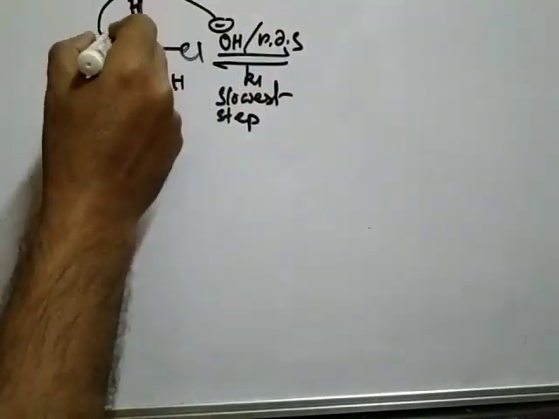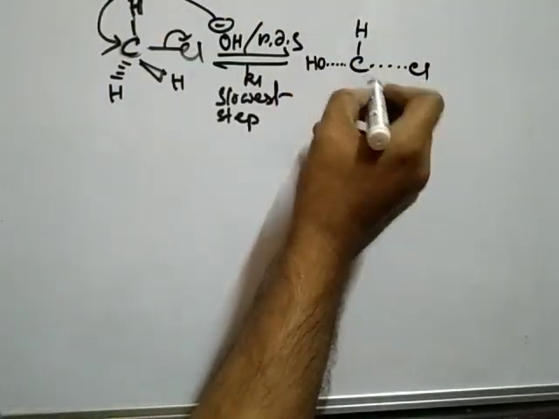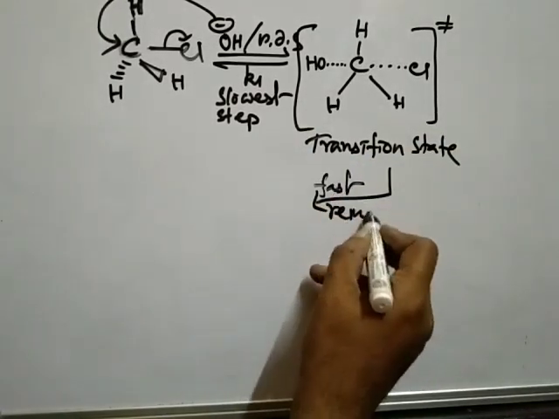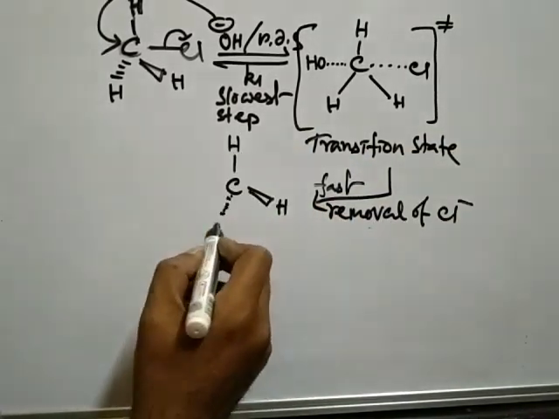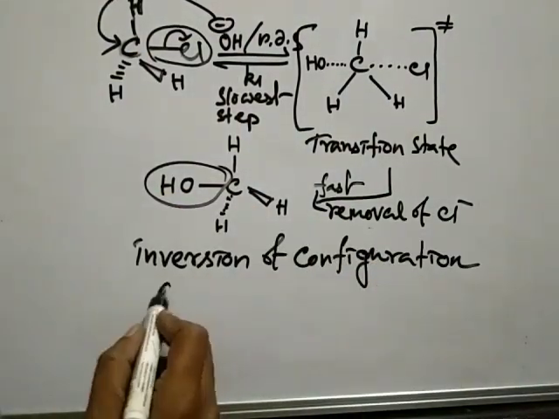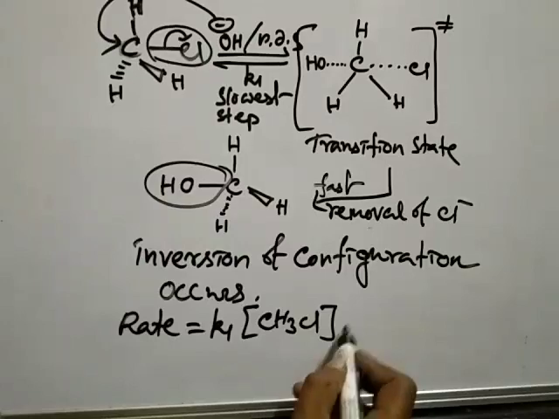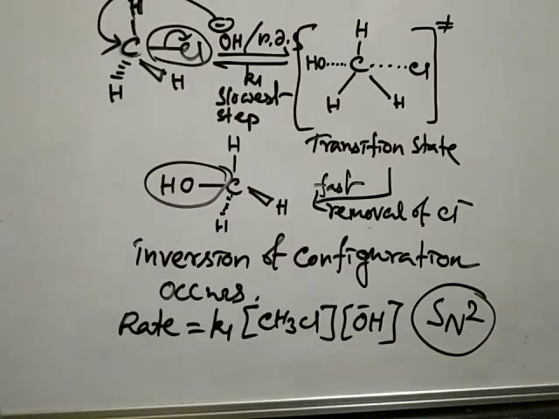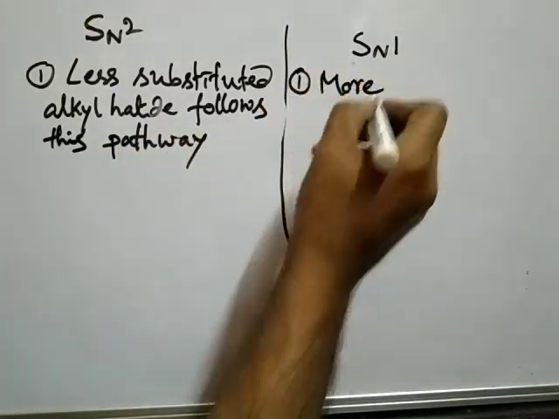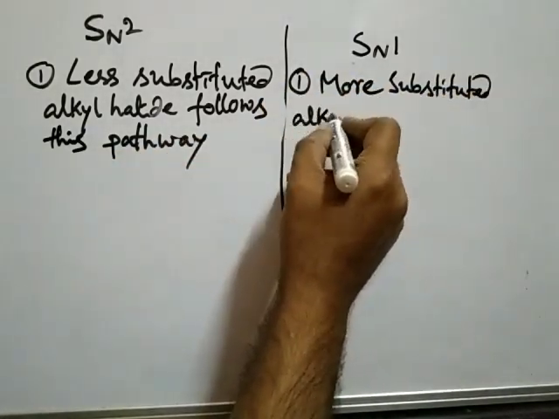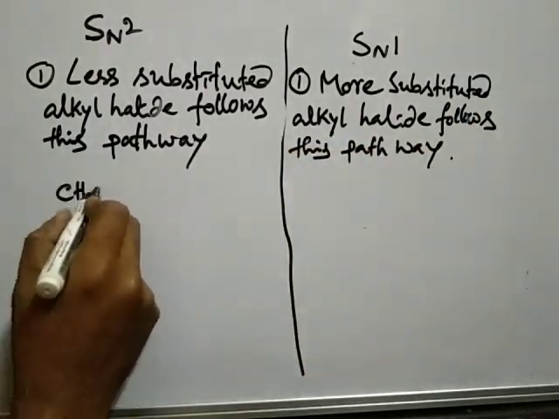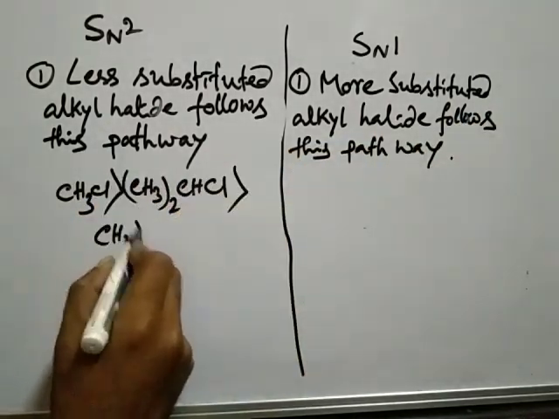That is, the process is concerted when the entering group comes to attack the carbon where the leaving group is bonded. The leaving group is still attached in the transition state. So in the transition state, 5 bonds are there around the carbon, so it is in a stress condition. So greater the crowdedness in the transition state, lesser will be the stability of the transition